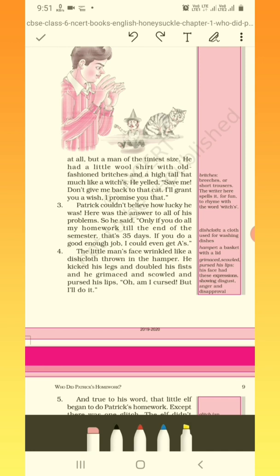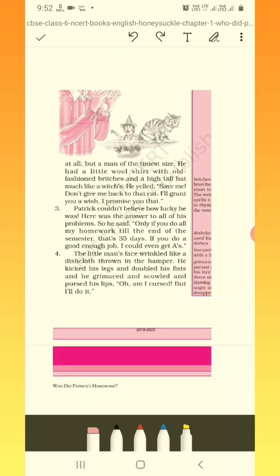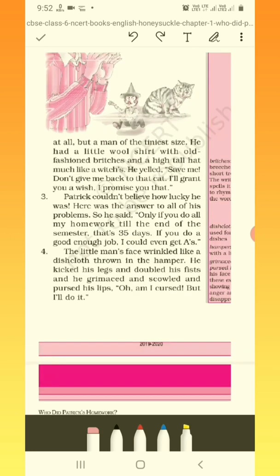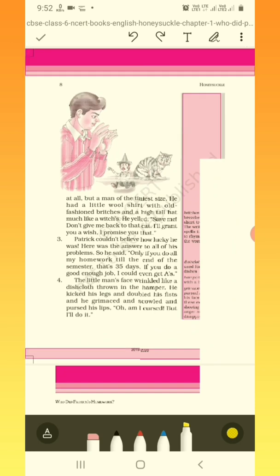Okay. So Patrick, now let me give you explanation. Patrick started cashing in on the situation. He thought now it's the opportunity. I will make the elf do the thing that he hated the most. I'll tell him to complete all the homework that I've been lacking or not been doing as well as I should have been doing. So he kept a condition before the elf that only if the elf completes all his homework for a period of 35 days, then only give me a moment, students.